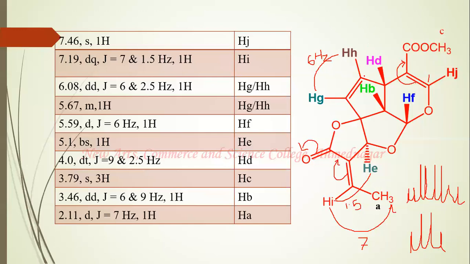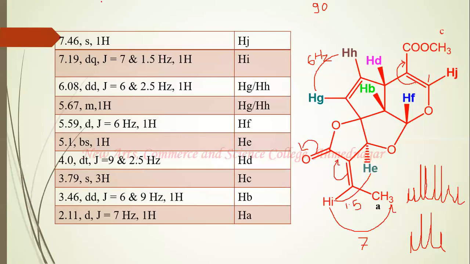One of the reasons is that this is a cyclic olefin, a 5-membered olefin, and this proton and D proton, H and D protons, are also vicinal neighbors. But in such a situation, the dihedral angle between H and D protons is very close to 90 degrees. And if you remember the Karplus graph, angles which are very close to 90 degrees will have very small coupling constant values.